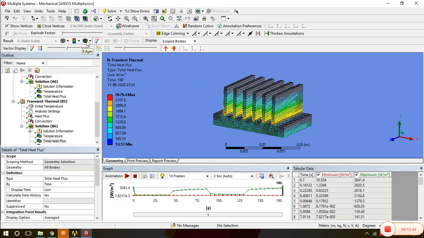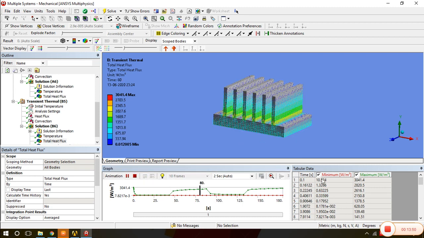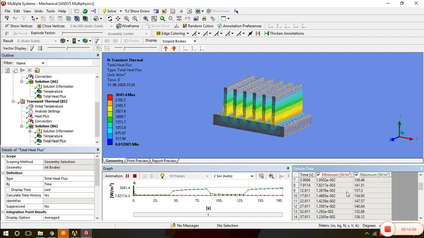The total heat flux value we can see with respect to time. Here we have the tabular data. In the tabular data you can easily find out at what time we are getting that particular heat flux value. So this is a useful thing which we can solve by using the transient thermal analysis.